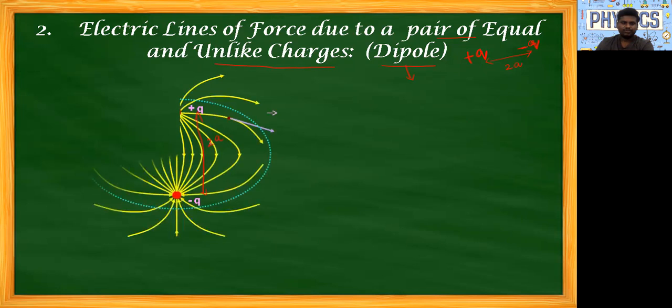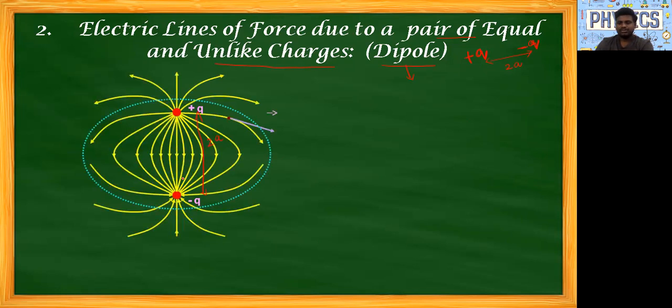Now, this is our representation of electric lines of force for a dipole. If you observe, previously we discussed that if it is a positive charge, the lines are radially outward, and if it is a negative charge, they are radially inward. At the center, the lines contract lengthwise, which represents the attraction of two charges. That point is very, very important.